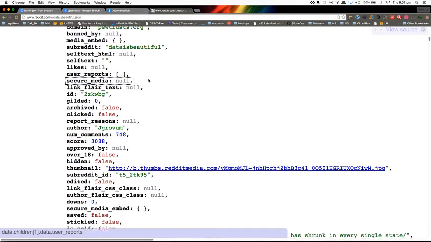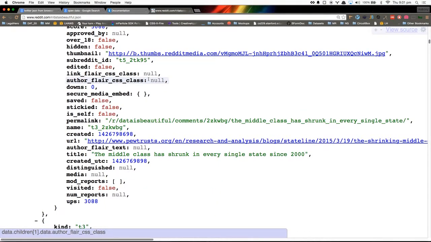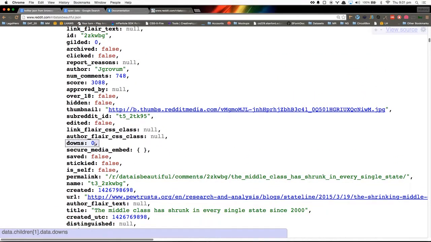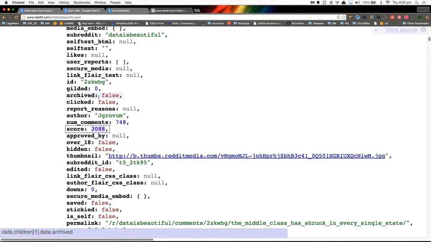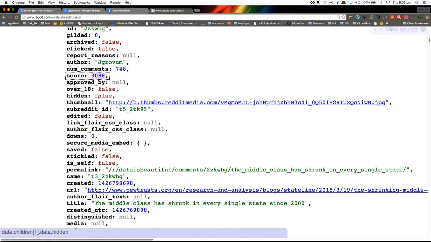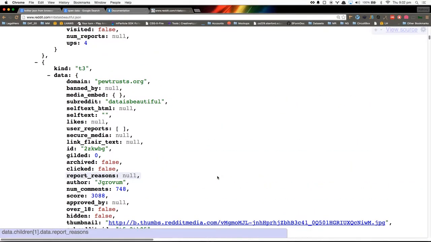In fact, there's probably a lot of information here that's not even available within the HTML page. Detailed information, like here's the timestamp. We talked about when we want the timestamp. I don't know if there's a number of down votes. I see downs. Yes, but I do see a score, which is probably really the score. I have the raw text of the title. So all this information really simplifies my life greatly.